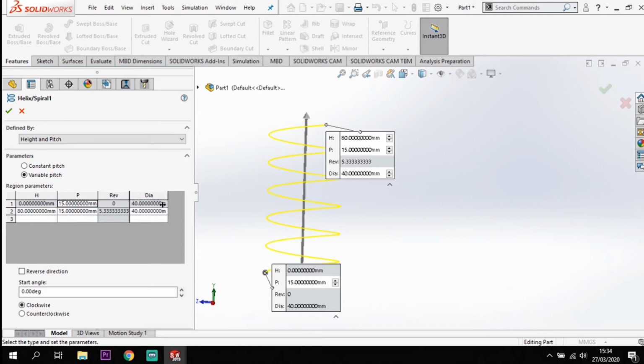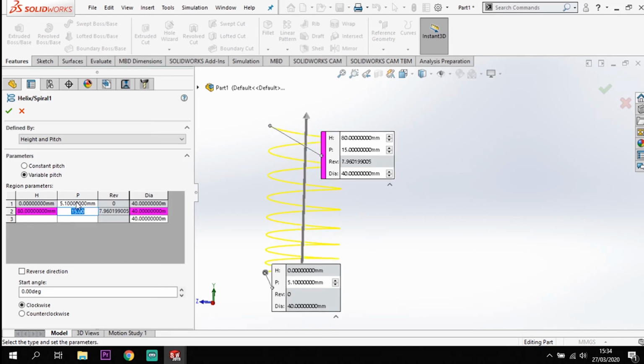Okay. Right, so what we've got here then is our starting point, which is 0, and the pitch from that starting point. Now I want to change this because I want it to be more condensed at the bottom. So I'm going to set this pitch to just slightly bigger than the diameter of my spring thickness. So I've set the spring thickness at 5 mil, so I'm going to go to 5.1 in that box. So 5.1 in there,